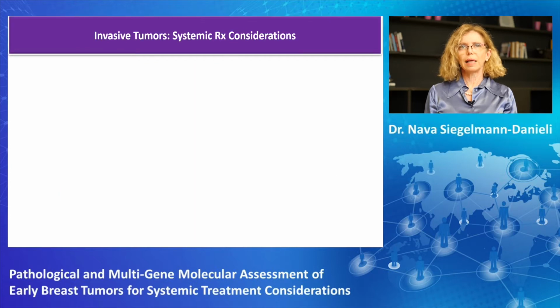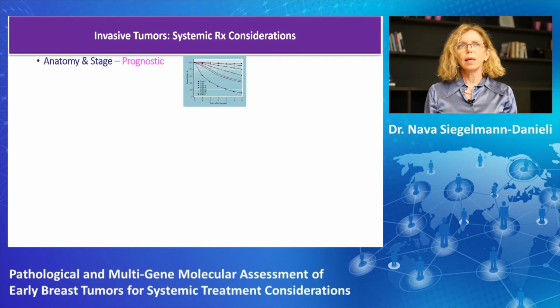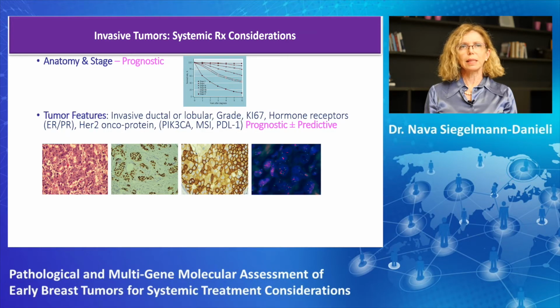And we have some classical considerations: the anatomy, the size of the tumor, and the lymph node involvement are very important, and we're not going to abandon them for the new multigene assays. We'll still keep them in mind. And here we see the classical staining. On the left-hand side, we see a high-grade tumor with a lot of cells going through